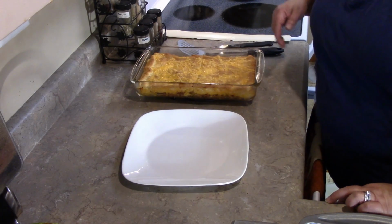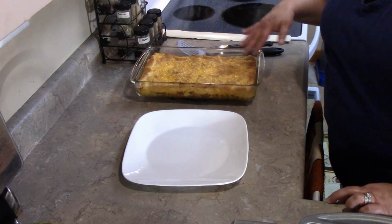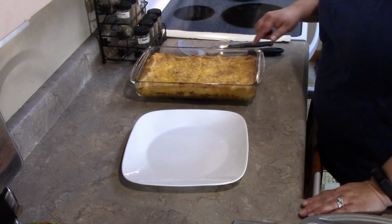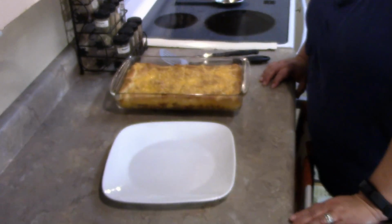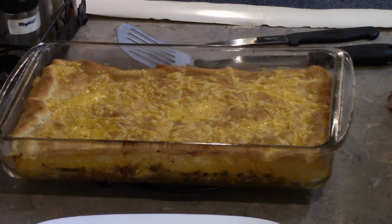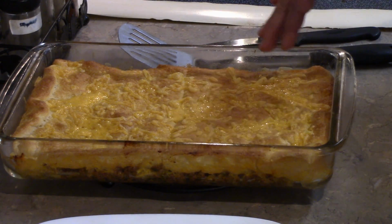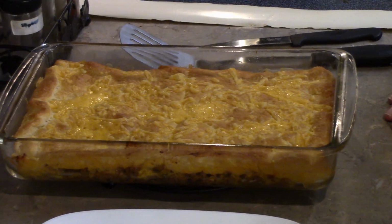Okay, I am back, and as you can see, this is done. Like I said, I waited for the last couple of minutes, let the remaining cheese I put on there melt. And this is what it looks like. Close up, please. Close up. And it took about 15 minutes. Okay, so while that's settling for a moment before I cut into it and plate it and show you, which we'll do in just one second,